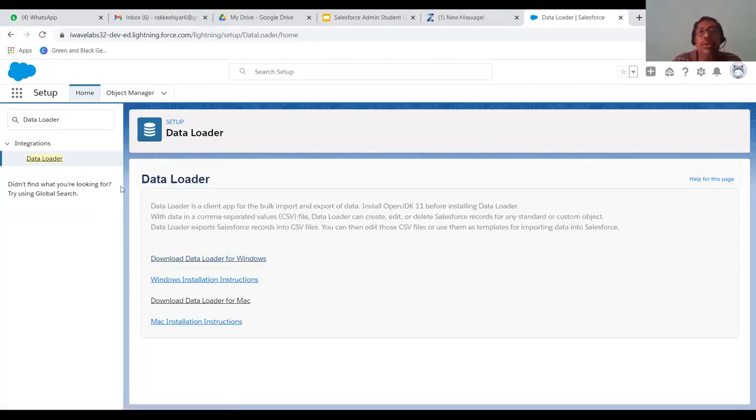Once it is downloaded, what you'll do now is, I'm going to share a new screen. I have to open the folder where I've copied everything.